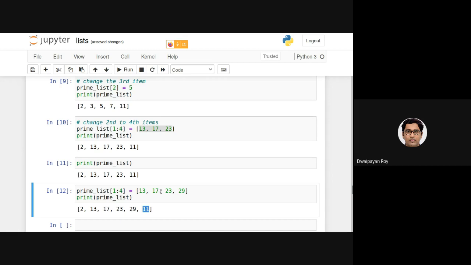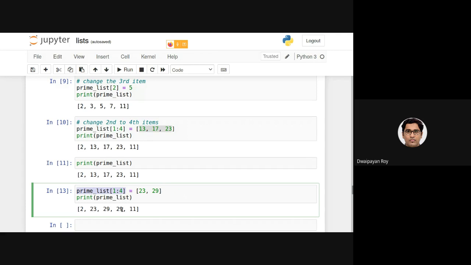We can also, if I want to, so now it is containing 6 elements. Now let's try what will be happening. So let's try to do that. Replace these 3 with these 2. What will be happening? Basically there is one drop of element. Earlier it was containing 13, 17, and 23. 13, 17, and 23 is being replaced by 23, 29. So that's why basically there is one drop.